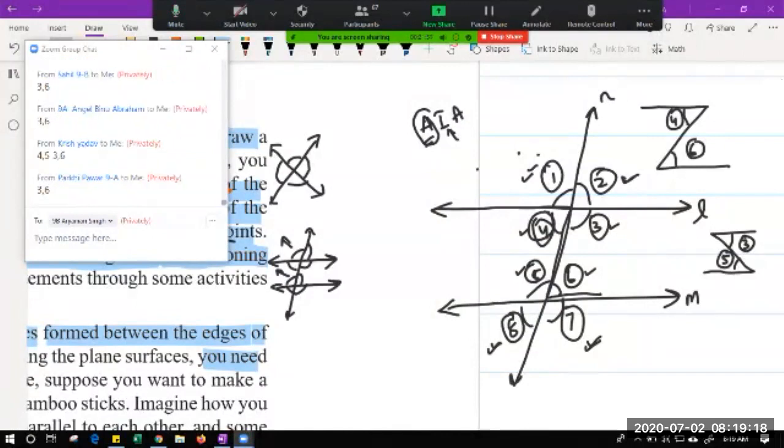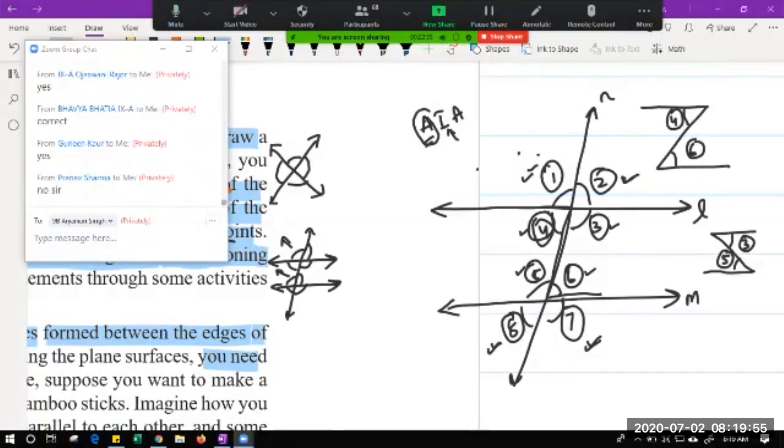Now tell me one thing. This is the last thing I want to ask all of you. If I say that in these kinds of figures, 4 and 6, which are alternate interior angles, are always equal, then am I correct or not? Moksh is saying yes. Beta, if you think I have not used the condition, Vaishnav, very good.